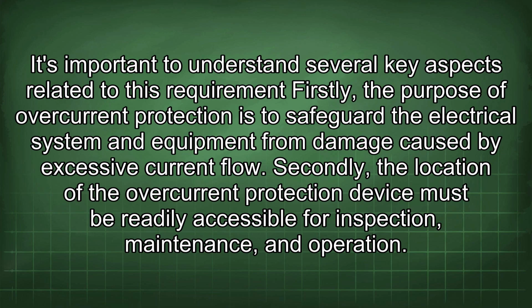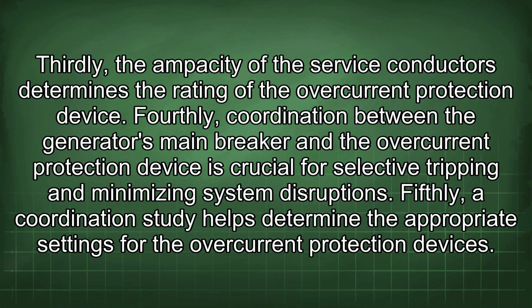Firstly, the purpose of overcurrent protection is to safeguard the electrical system and equipment from damage caused by excessive current flow. Secondly, the location of the overcurrent protection device must be readily accessible for inspection, maintenance, and operation. Thirdly, the ampacity of the service conductors determines the rating of the overcurrent protection device. Fourthly, coordination between the generator's main breaker and the overcurrent protection device is crucial for selective tripping and minimizing system